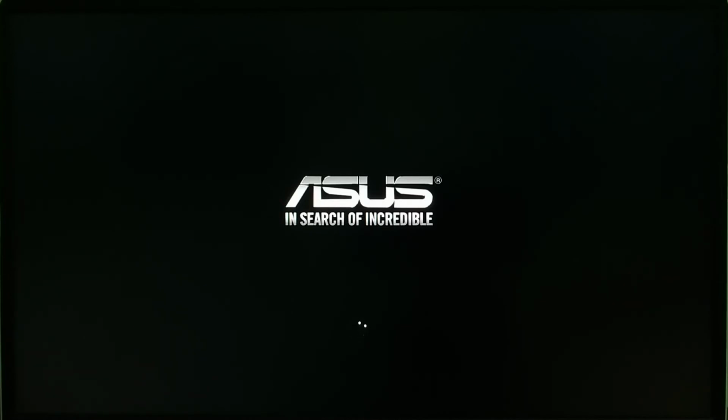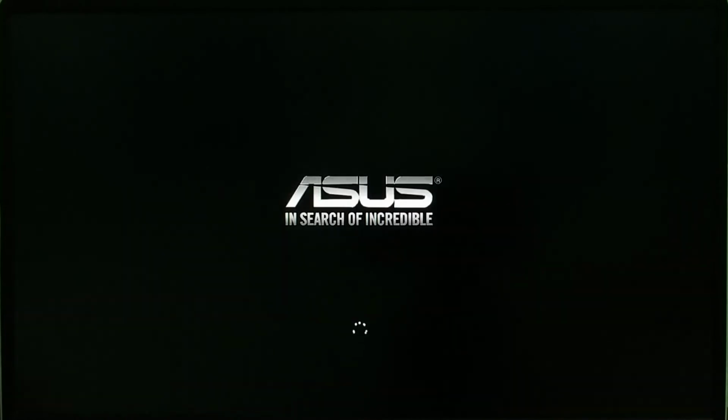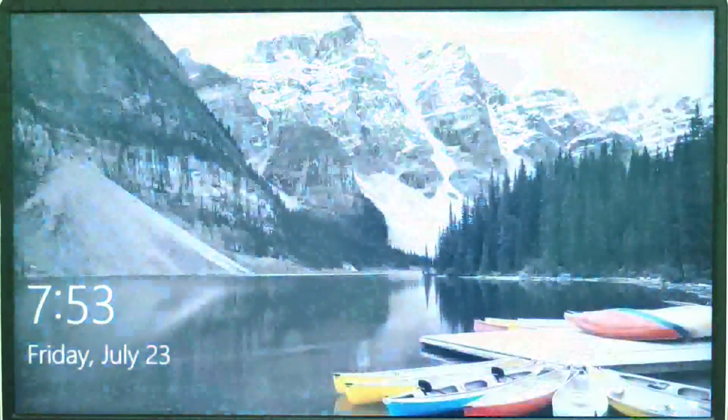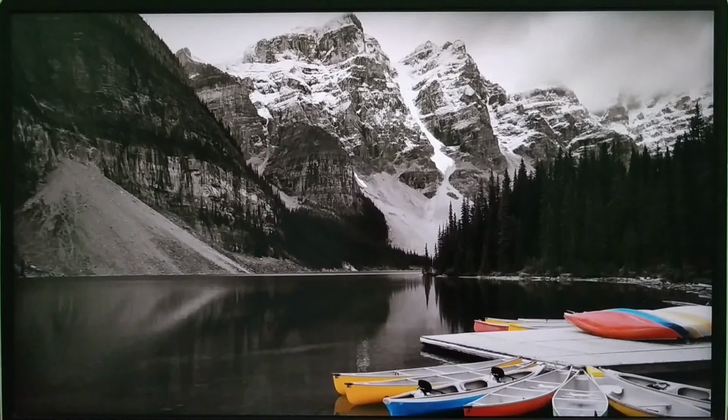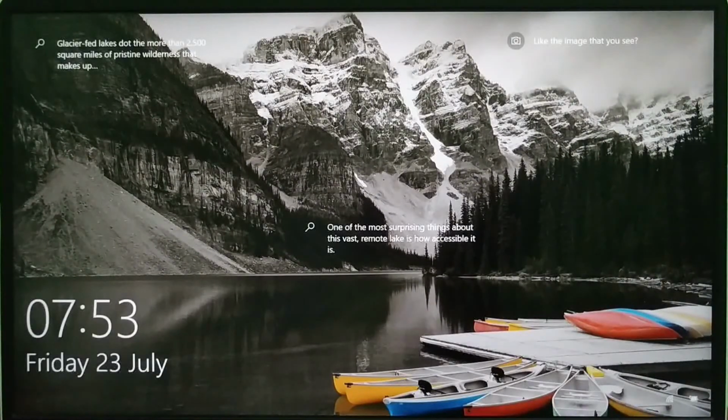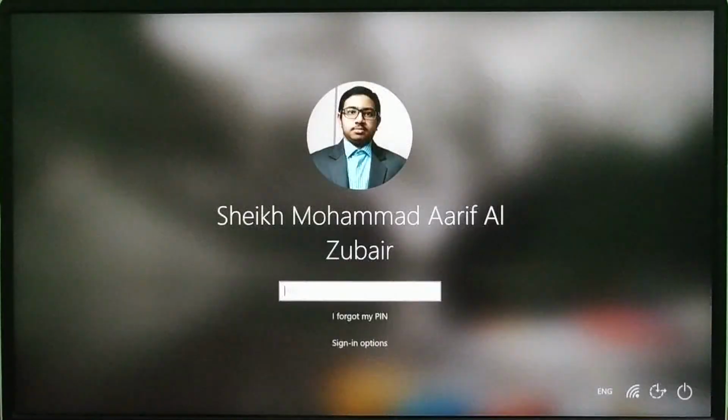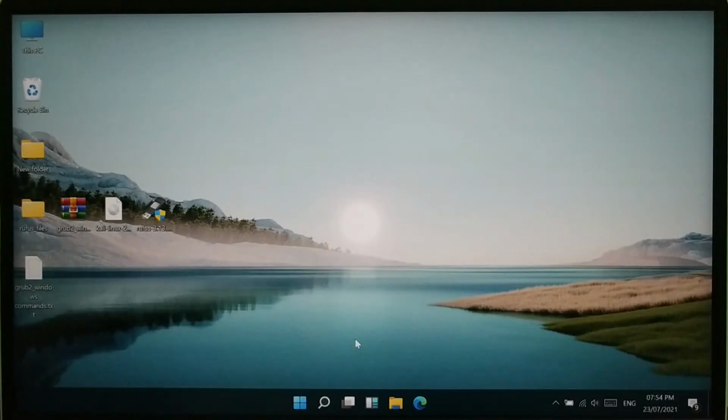Here you can see that it is booting directly into Windows. Now I will log into Windows. I will type in the password. Now we are logged into Windows.